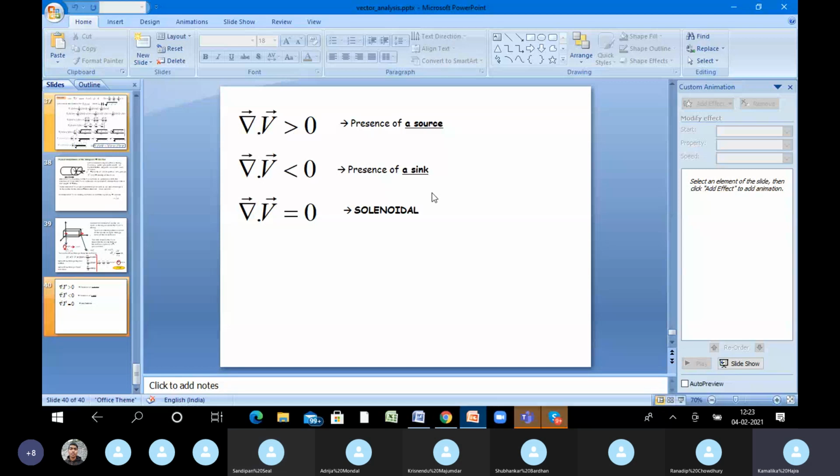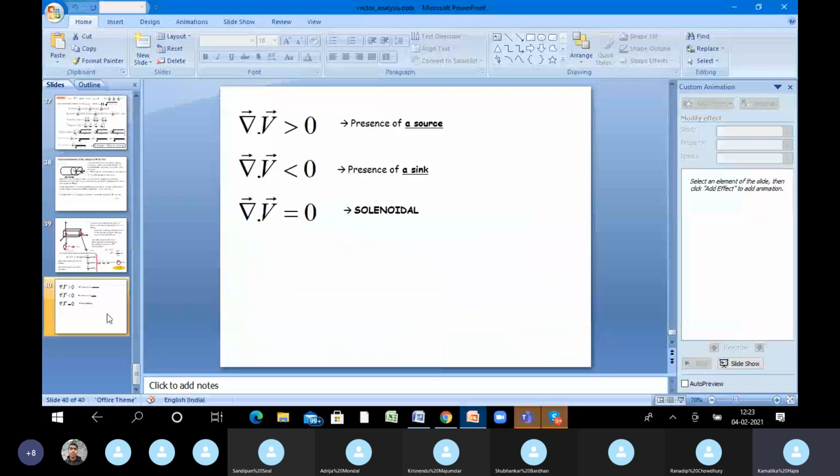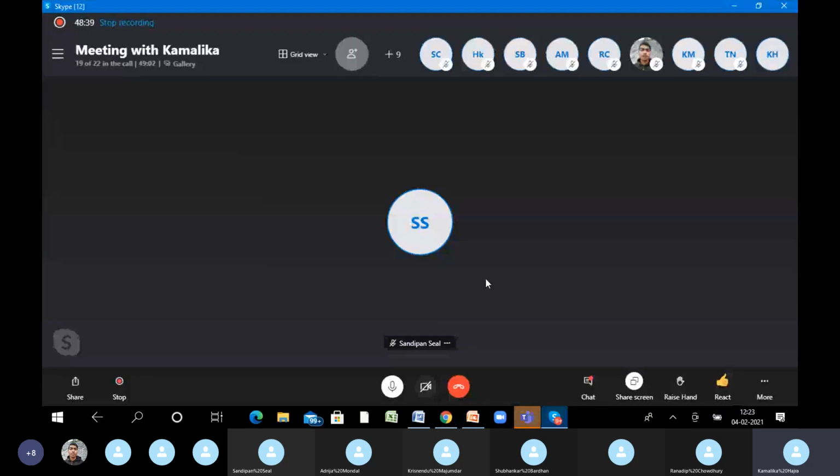Please go through the final three or four slides, including the one I just made in front of you. Read whatever I have said, and also listen if possible, to understand the physical significance of divergence. Then in your life you will never forget why a magnetic field is solenoidal, why magnetic monopoles do not exist, what is a sink, what is a source, and what is flux.